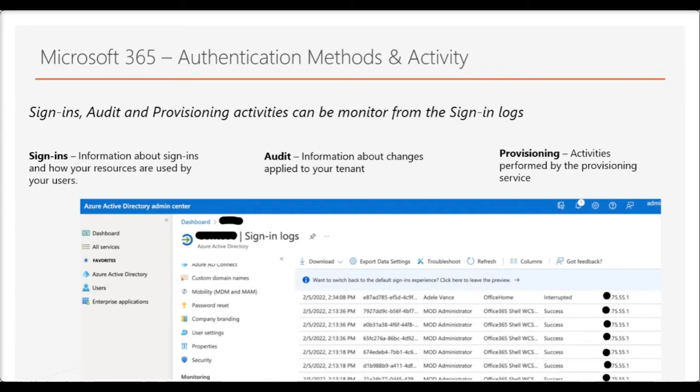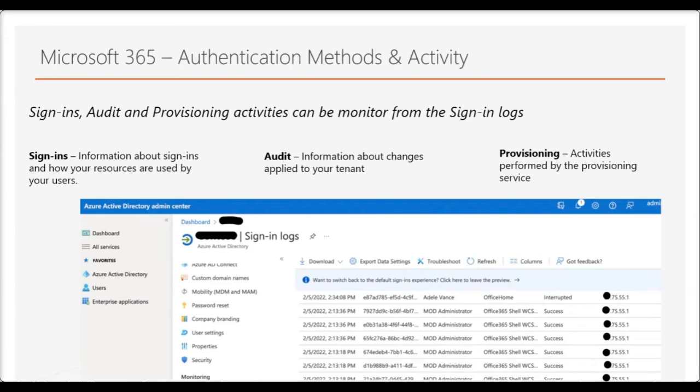You've got sign-ins, information about sign-ins and how your resources are used by your users; audit, information about changes applied to your tenant, such as users and group management or updates applied to your tenant's resources; and provisioning, activities performed by the provisioning service, such as the creation of a group or a user imported from